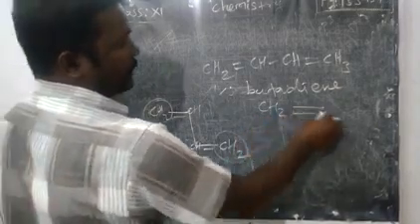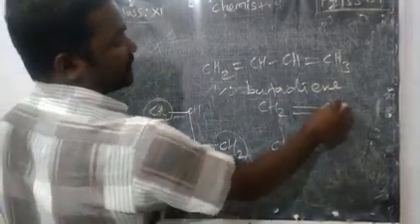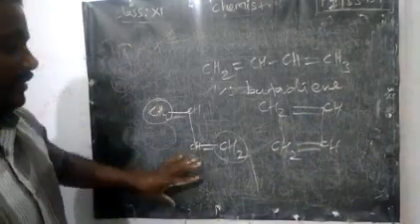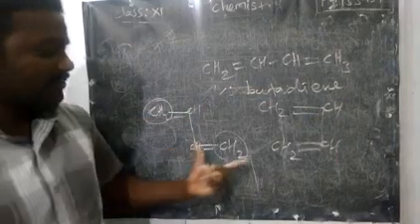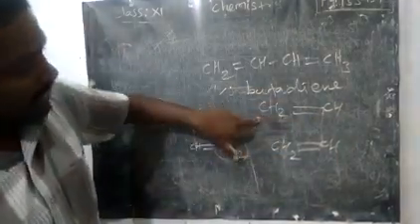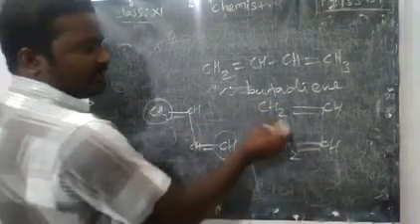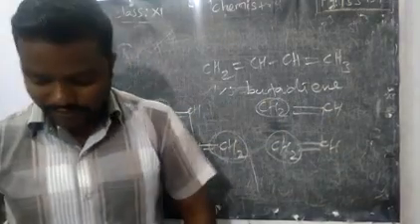CH2, CH. This structure is not given in the book, but 1,3-butadiene is also given, cis form and trans form. Here we don't have any bond. CH2 double bond CH2. Similar groups on the same side is the cis form. Opposite side means a trans form.